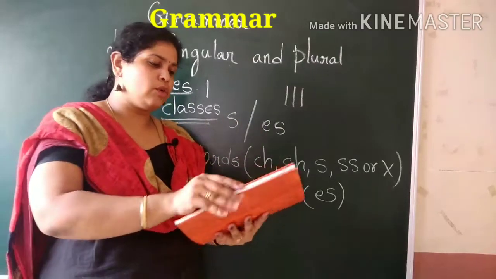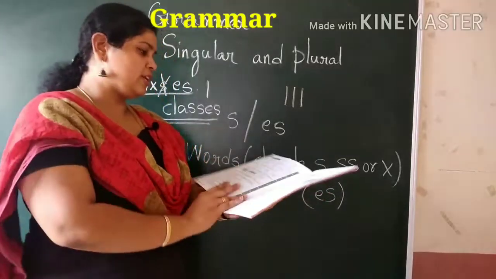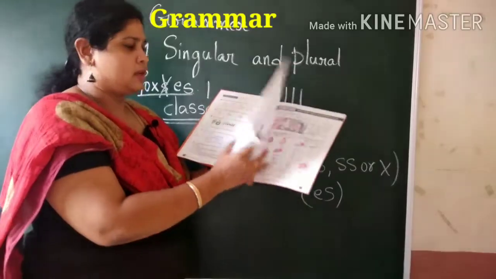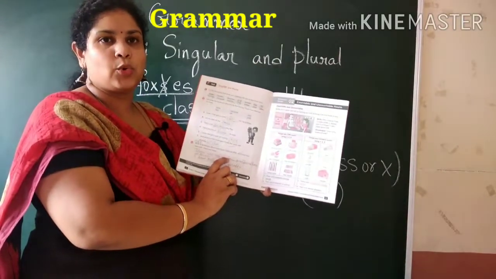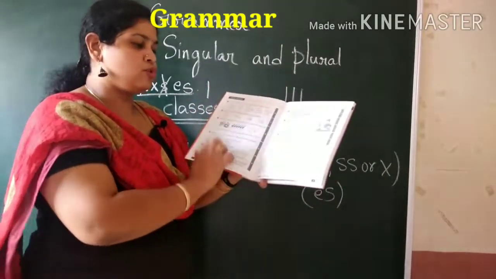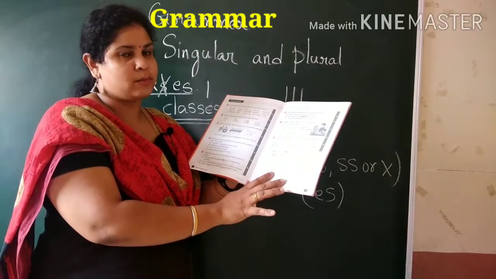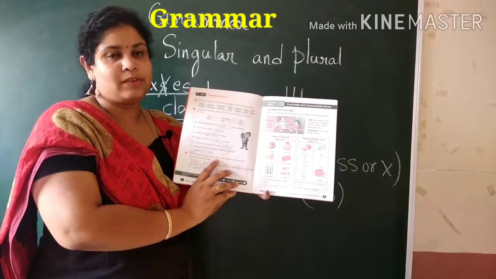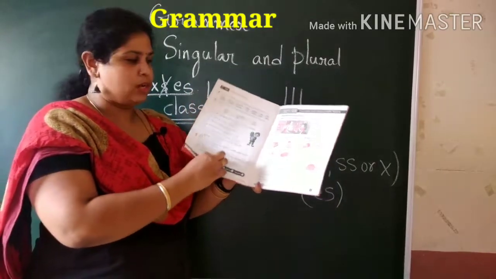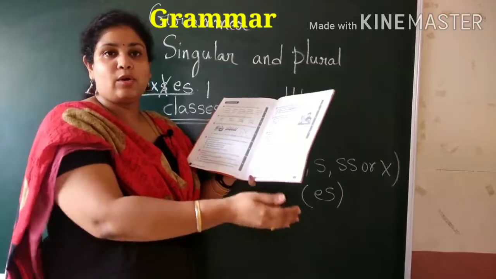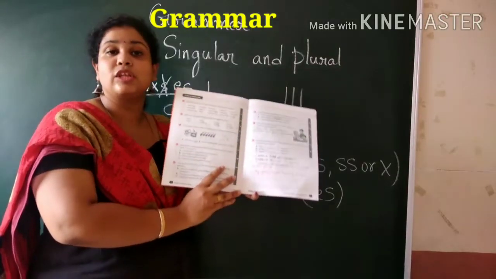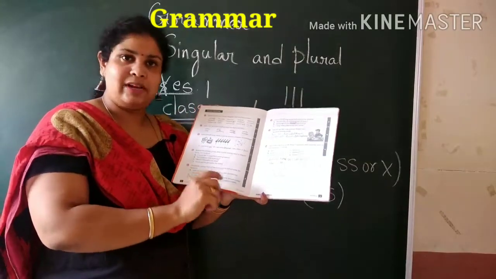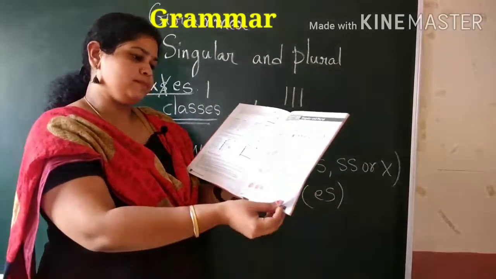Okay children? So in this video we need to do these two pages. Page number 2, page number 3. Later you can do this quiz. If you do these two pages properly according to my instructions, you can do this quiz on your own without help of anybody. Okay children? And in this video only I will be explaining and showing you this book in detail, and how to do all the bits properly I will tell you. Okay? See.